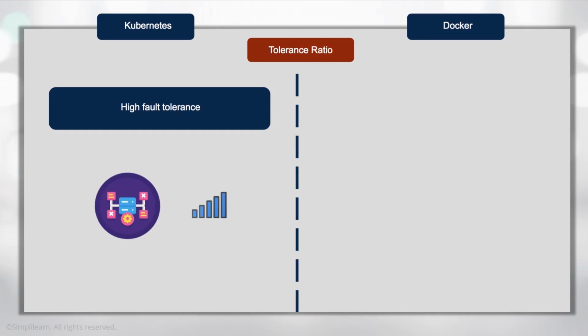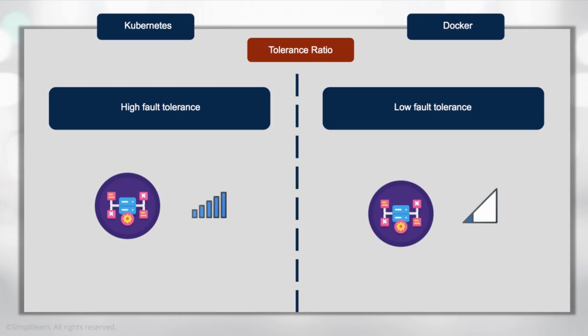As you would expect, the fault tolerance within Kubernetes is very high. And this is by design, because the architecture of Kubernetes is built on the same architecture that Google uses for managing its entire cloud infrastructure. In contrast, Docker has lower fault tolerance, but that's because it's just managing the services within its own containers.